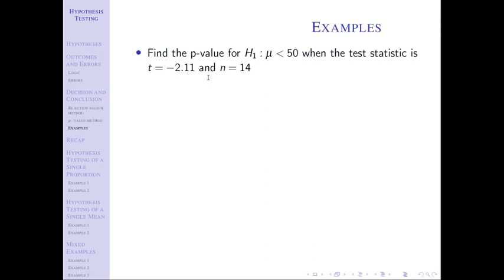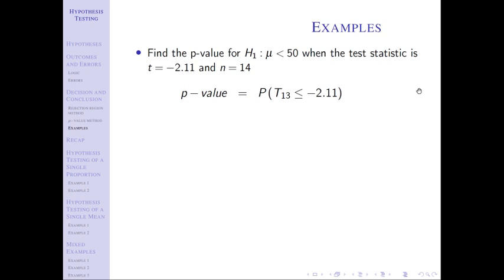Here's my test statistic, negative 2.11, and an n of 14. Again, we have to have a value of n because we need to know our degrees of freedom. So my p-value statement is going to be a probability of a t, not a z, because this is a mean problem. We're going to say that we don't know sigma, and so we have to use s. That means we have to use a T. That's why we get our test statistic as a T here. It means we're going to say probability of capital T, and I'm going to subscript it with the degrees of freedom just to keep it safe. This is a left-tailed test, which means we have a less than in our probability statement.